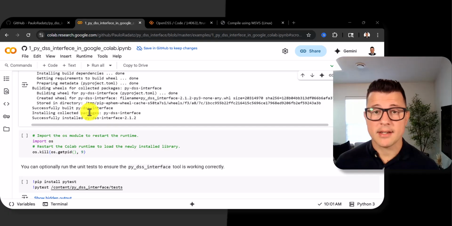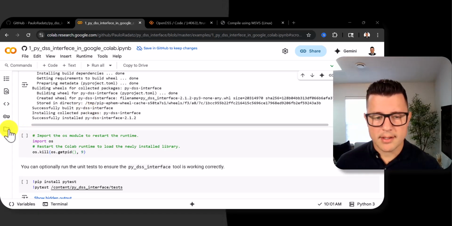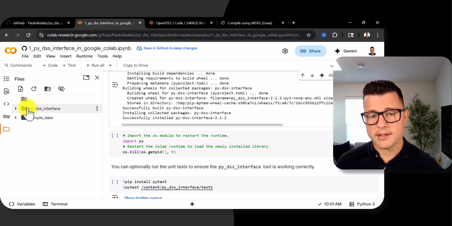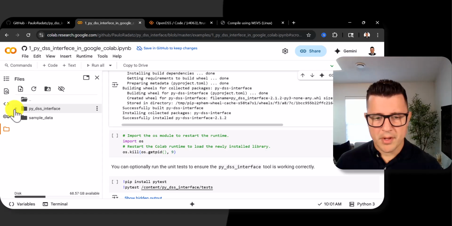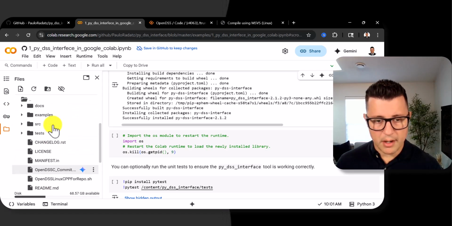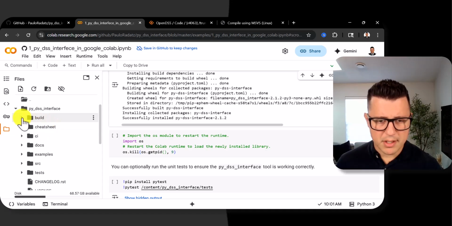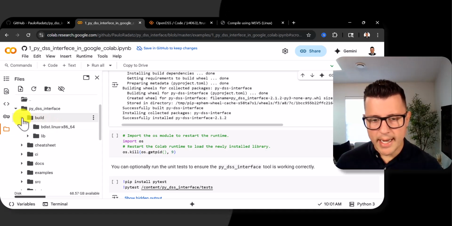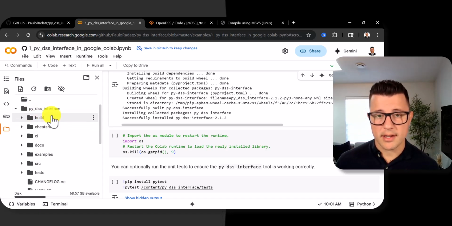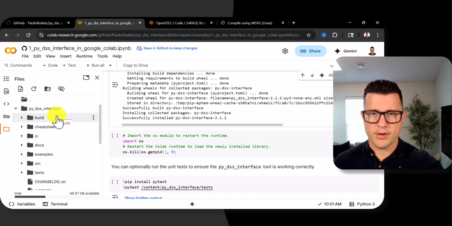installed py-dss-interface into Google Colab Python environment. So if you go here and see this folder, you're gonna see now that we cloned py-dss-interface here, right? So you're gonna see all the files. Then we built OpenDSS. You might see it somewhere here. Maybe there's maybe built. And then what we did later, we installed this py-dss-interface into Google Colab virtual environment